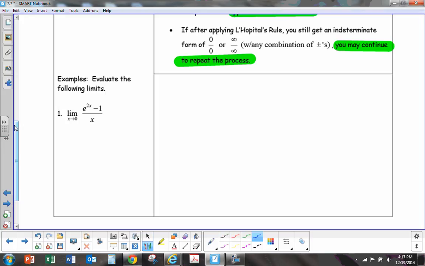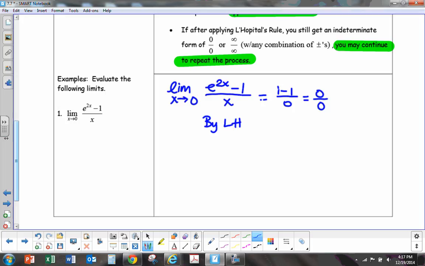So in order to do that, we would say the limit as x goes to 0 of e to the 2x minus 1 over x. That was that example on the last page that we couldn't really do anything with. If I just substitute in, I get 1 minus 1 over 0. I get 0 over 0. So, I'm going to abbreviate for right now, by L'Hopital's rule,